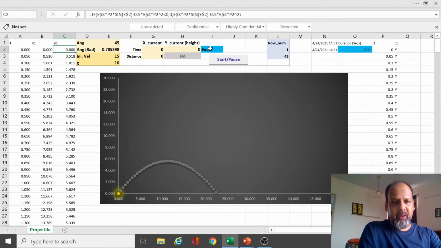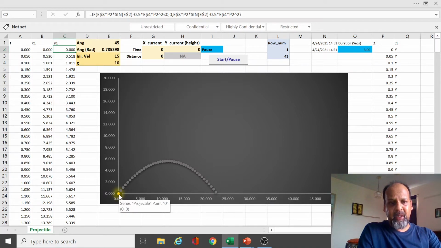So with this, I'm plotting the path of the projectile, right? This path is a parabola. You see the gray dotted line is the path, and the yellow is the projectile, and the projectile moves along this path. When I hit this button, the macro would move through these rows and populate x coordinates and y coordinates one by one. That would, in turn, make this yellow dot move along this path. So let's hit it.